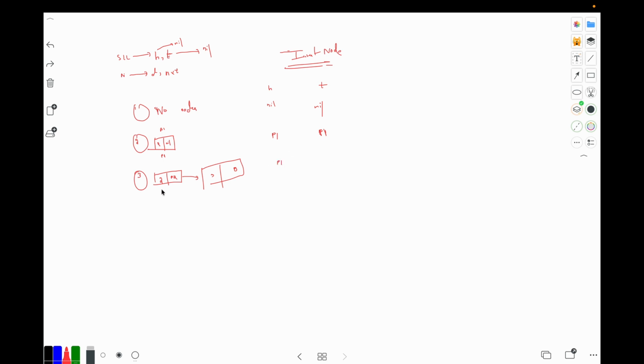But the tail is incremented, so we are basically making tail equal to the new node which is created, which is p2. This particular node has a pointer p2, so now the tail will be made to point to p2. So now let's say we add another node, one more node, and this will be a pointer p3, and this will be a pointer p2, and this will be a pointer